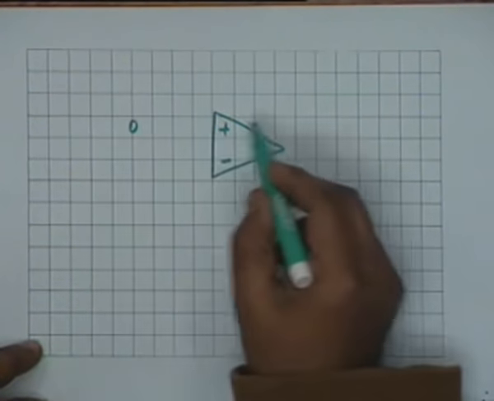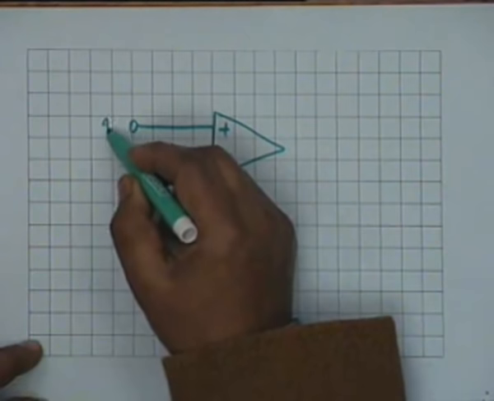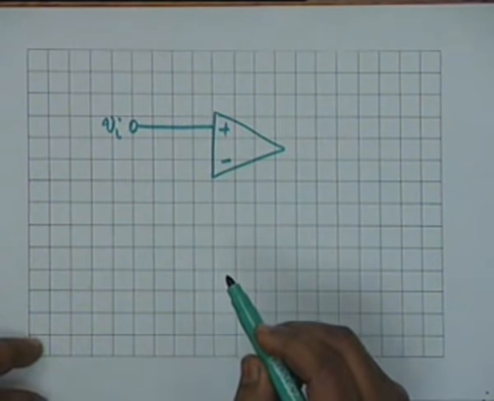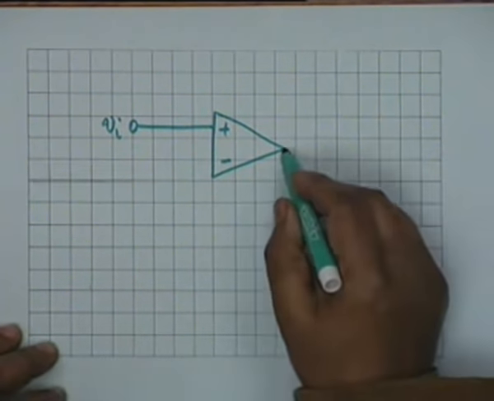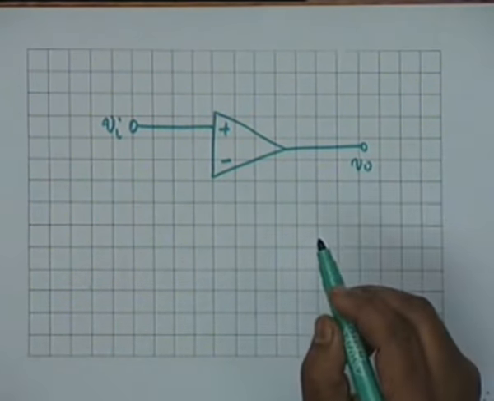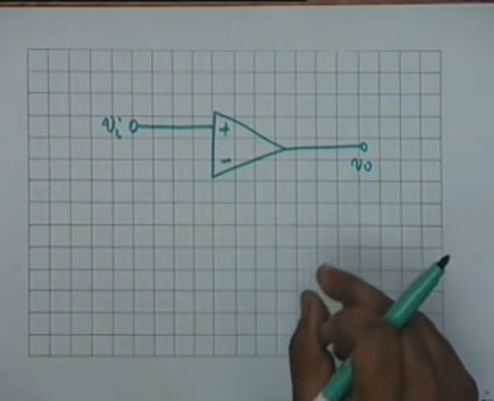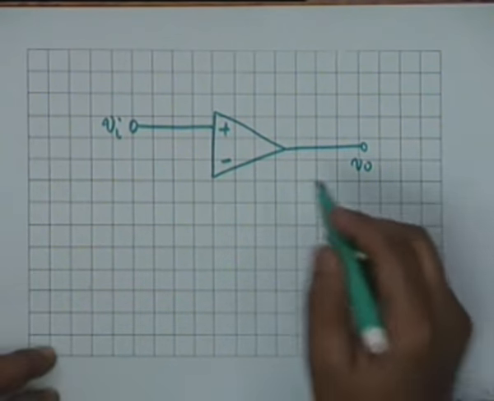If you want a non-inverting gain, then as you can guess, our input shall be applied to the non-inverting terminal. Let's draw it up to show this clearly. Suppose there is a voltage Vi here. What we want is a non-inverting gain. In other words, we want a V0 which is equal to a positive quantity multiplied by Vi.